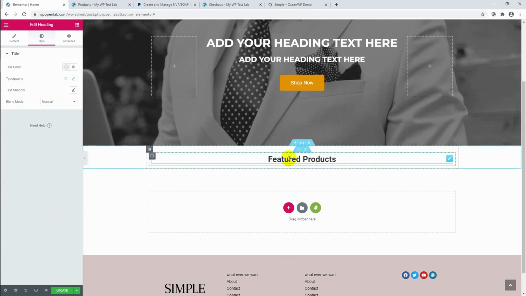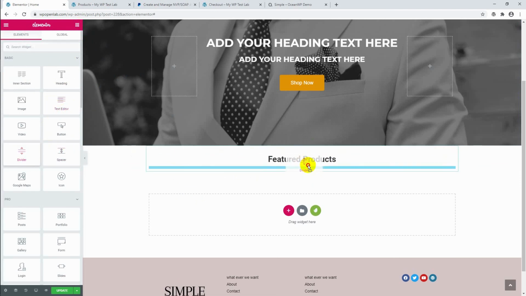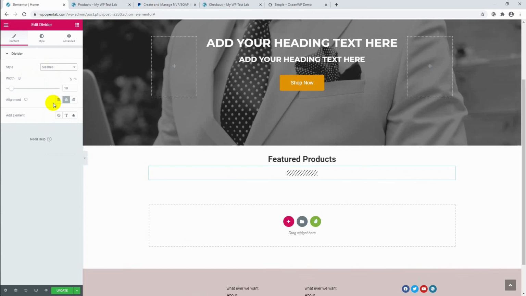Now we have a heading of featured products, and now we need a divider so that it looks nice. So I find this divider, simply drag and drop under this. Okay, by default it's full width, so we can adjust the width of this divider by simply dragging here, and then make the alignment centered. We can make it smaller. Currently it's been set as solid. We have many options for this divider. Just simply play around. I'd like to have this solid,